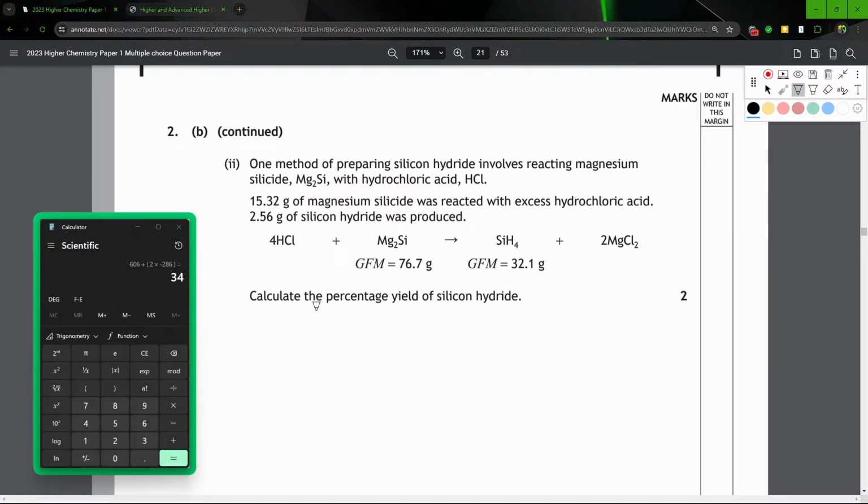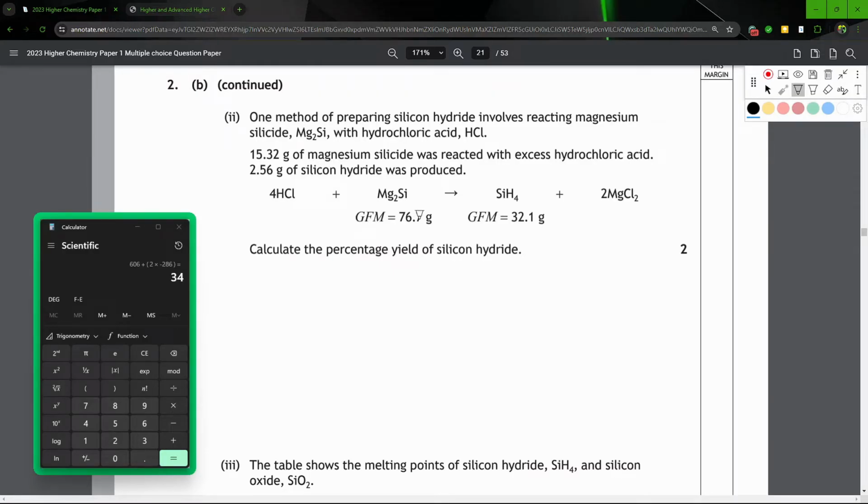So, when we talk about percentage yield, what we're essentially saying is how much did we get out in comparison to how much we could have gotten out theoretically. So, we do get 2.56 produced, but we want to figure out what we could get theoretically. So if all the magnesium silicide reacted perfectly and we extracted all the silicon hydride beautifully, how much would we get? So let's go and figure that out. We're going to calculate the number of moles of magnesium silicide we put in. So we had 15.32 divided by 76.7,